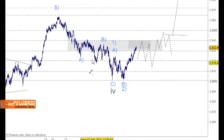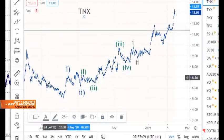You just got to be mindful that we don't end up having this down here as the A wave, the B wave, and a C wave down here further, and we eventually count this in 5 waves moving down through here. But I don't see that on the cash market. This is just my work on the